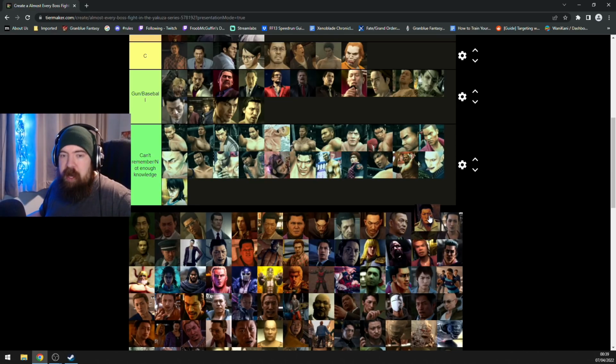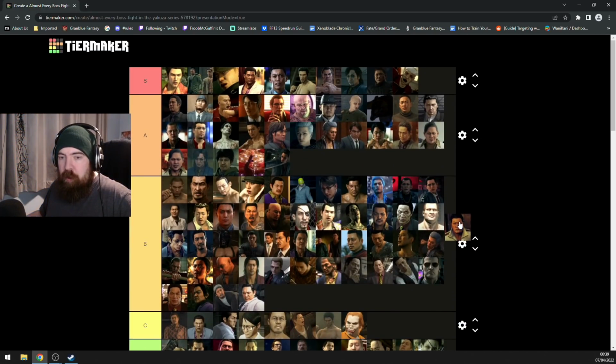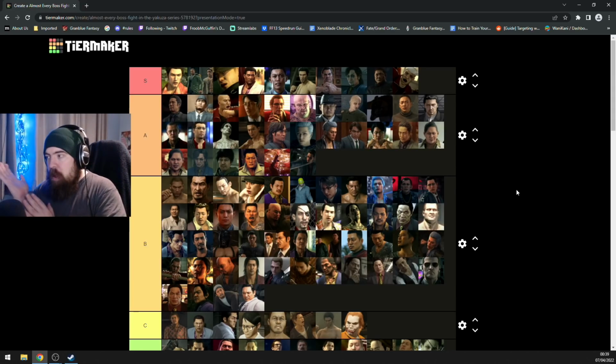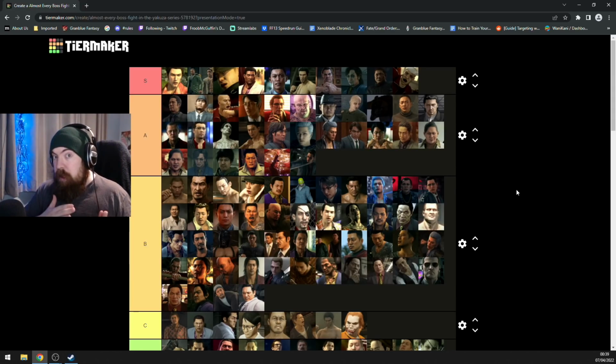This is either a high B or low A. I think this gets the low A treatment. I think it's a little better than the Higashi and Shoya fights, because you're dealing with Captain Hamura and Ozaki, one of which has a HP bar more than the other, but they both have...